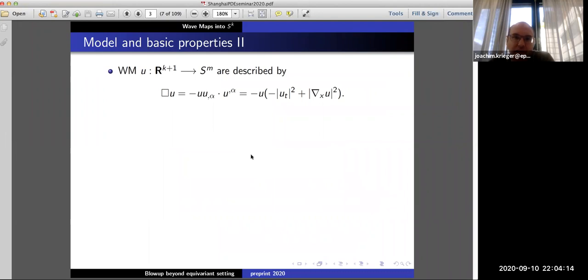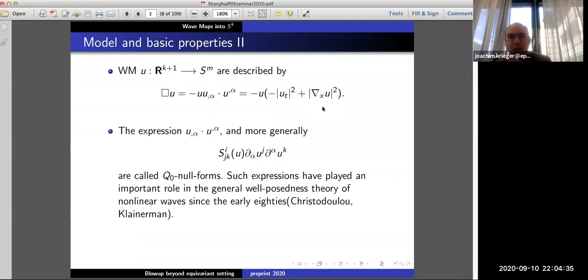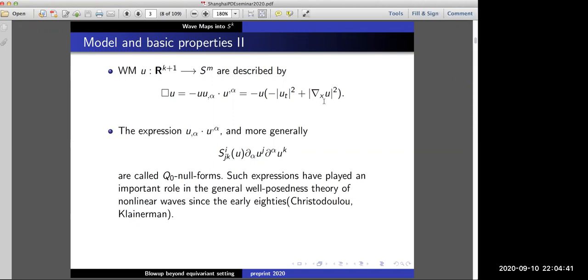Now, this wave maps model with S^2 target becomes simpler. So you get this sort of innocuous looking right-hand side. But the fact that there are these derivatives in there still causes some very serious technical difficulties in this kind of problem. So this is much harder to study in general than equations without derivatives. So I already said that there is this special structure here, the special arrangement of time